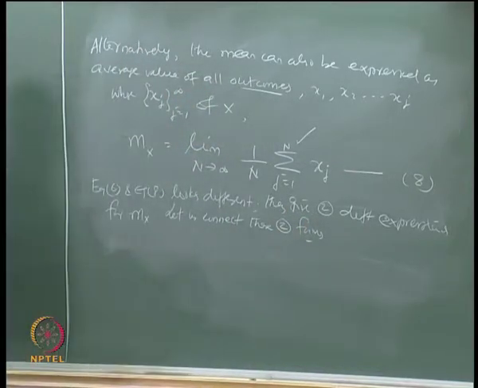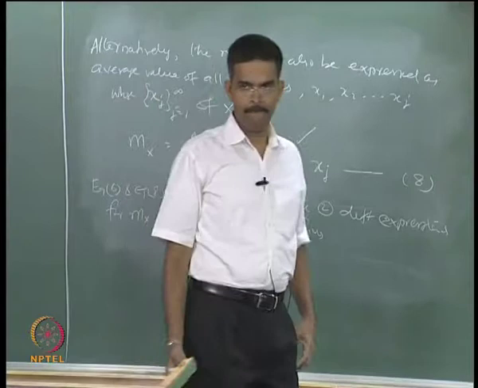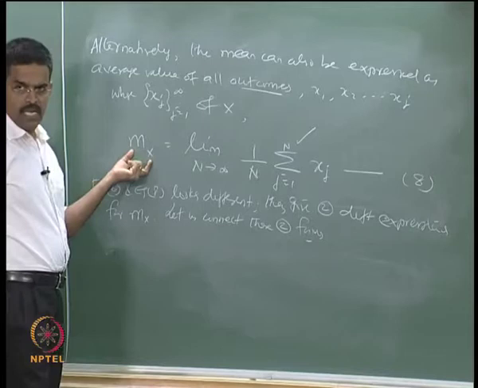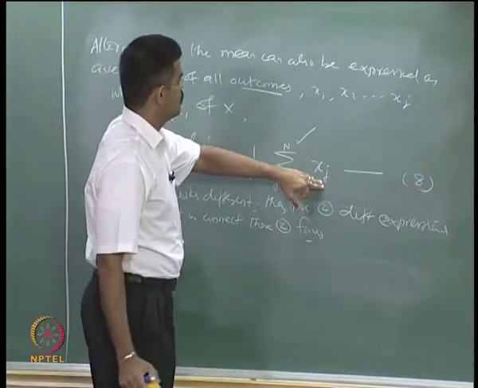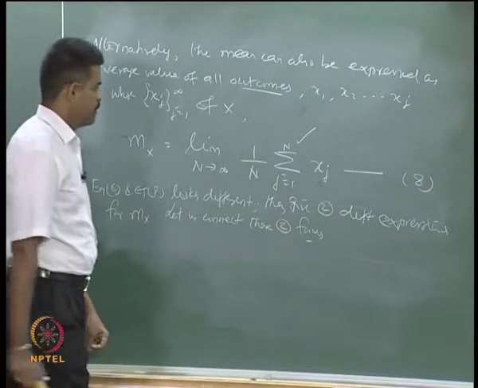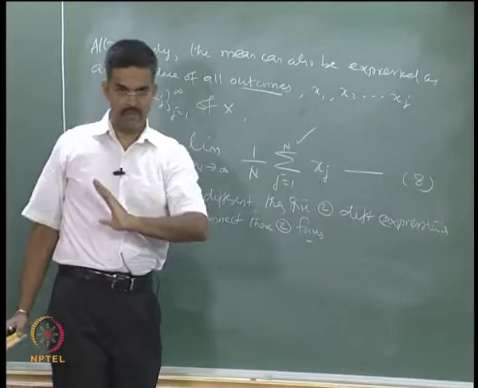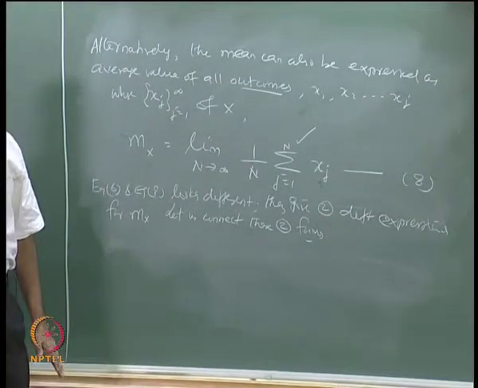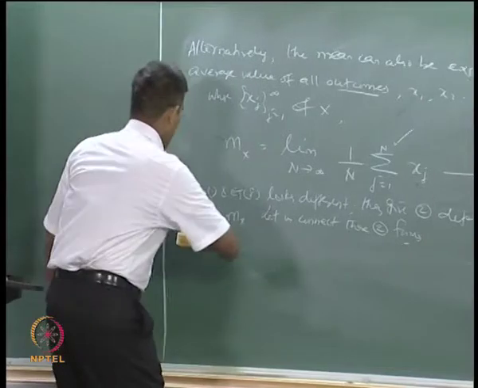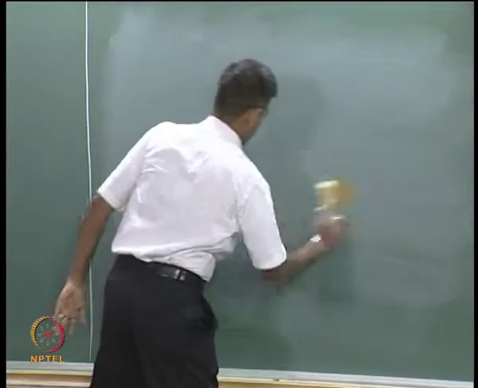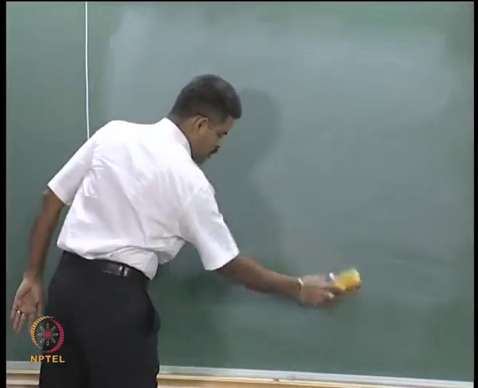First let us understand what these two forms are. One form, which gives me the equation 6, is generic. The other form of m of x is actually the realization of x value from 1 to j, where j varies from 1 to capital N. In the earlier case it is a small n. Now let us connect these two, because both these expressions are giving the expected value or the mean value of the process, so they should give me the same meaning.